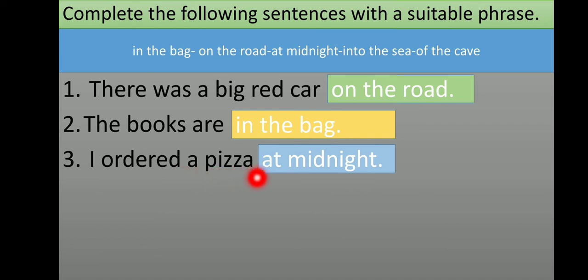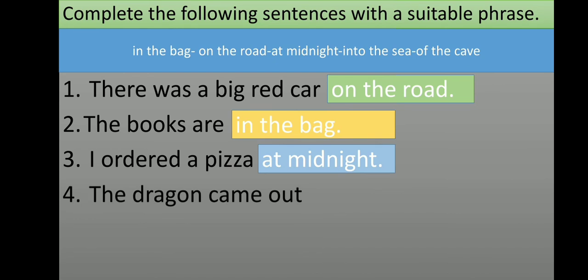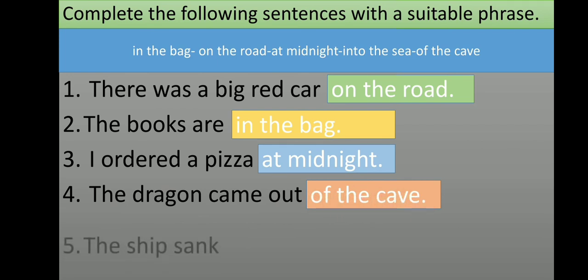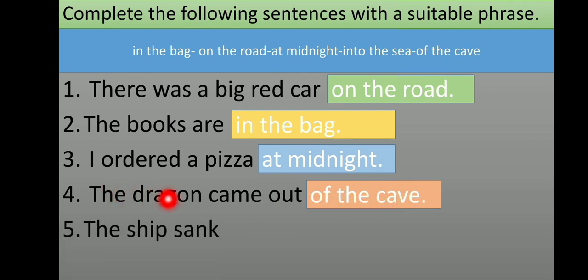I ordered a pizza at midnight. The dragon came out of the cave. The dragon came out of the cave. The ship sank into the sea. Alright, we have used the given phrases to complete these sentences.